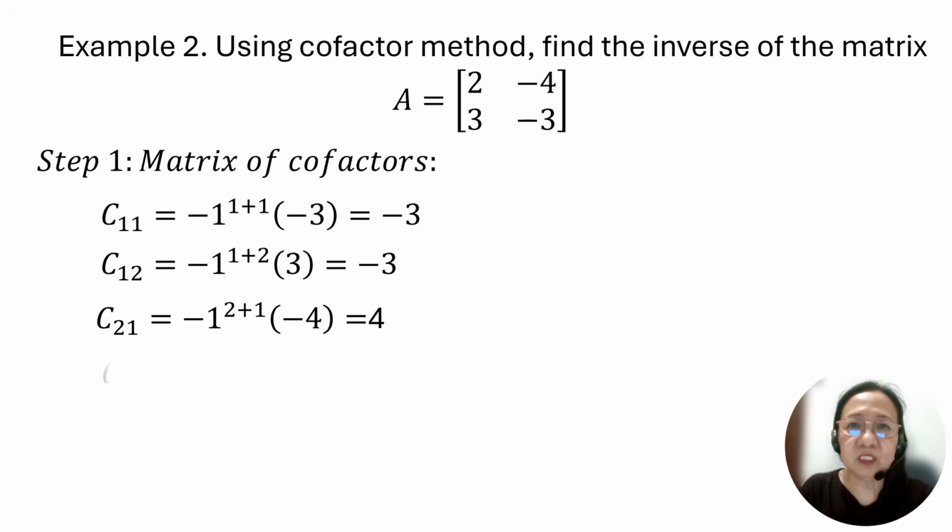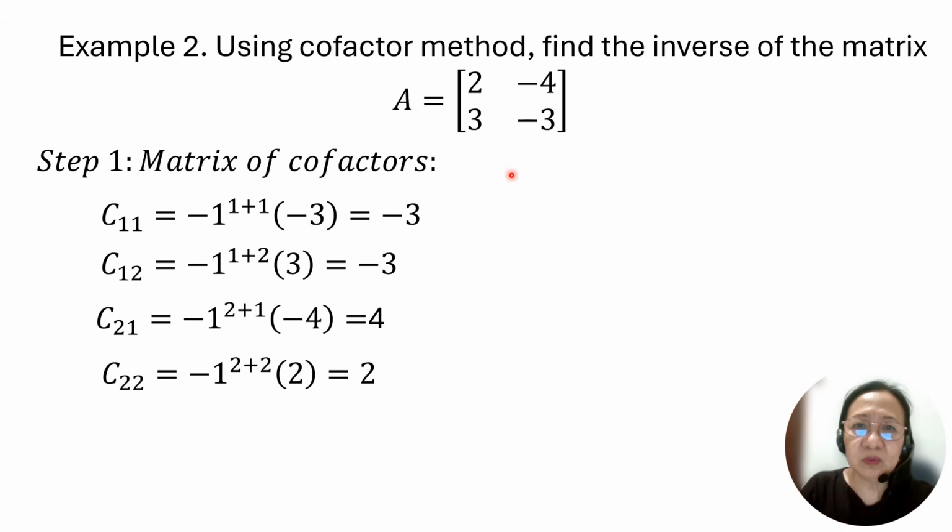And the last one, we have C sub 22. So the sign will be negative 1 raised to the position 22, that is now 2 plus 2. Slash the row and column where C sub 22 is located, represented by negative 3. So slash the row, slash the column. What is left is a positive 2. Copy. And simplify, we have here 2 plus 2, that is 4. So we arrive at a positive 1. So 1 times 2 is equal to 2. Okay? So these are the cofactors.